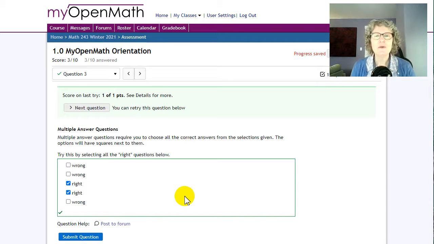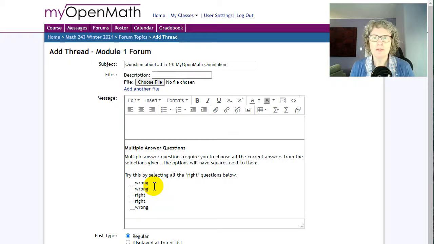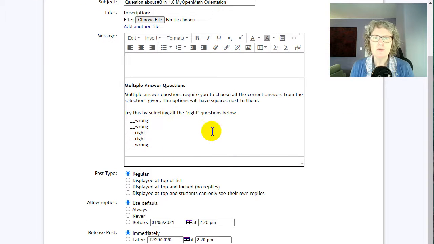If you ever get stuck, there's another wonderful feature of this, and it's called the forums. Every question at the bottom has a link, post to forum. I'll show you what happens when you do that. It automatically creates this message and puts your question in the message, which is great. Then right up here, please type a question like, I tried this and it's not working. Can you help me?